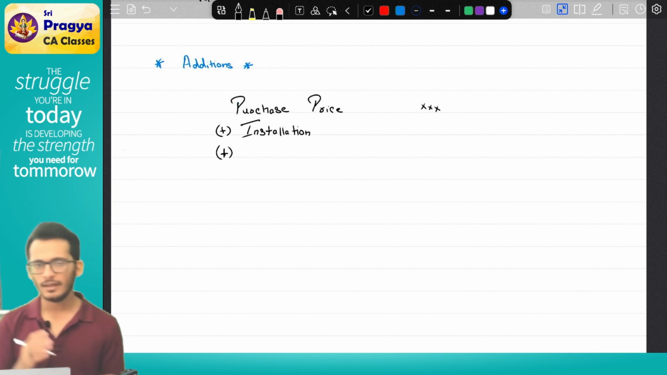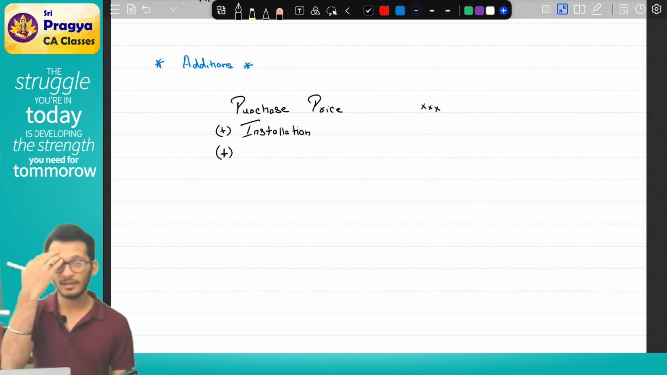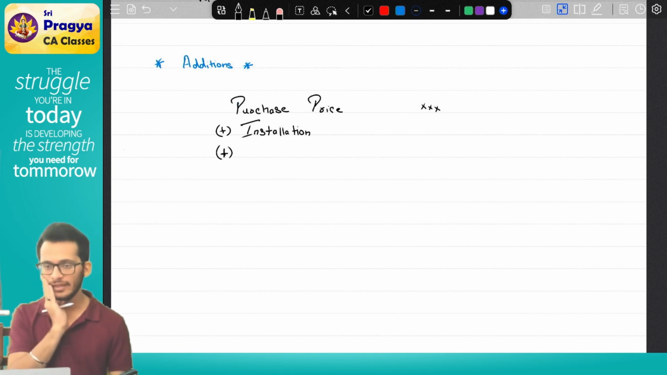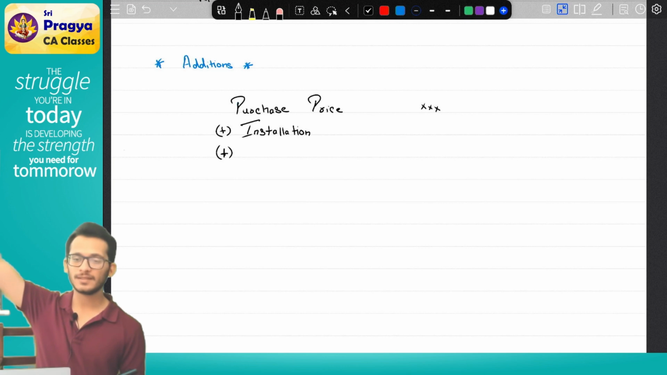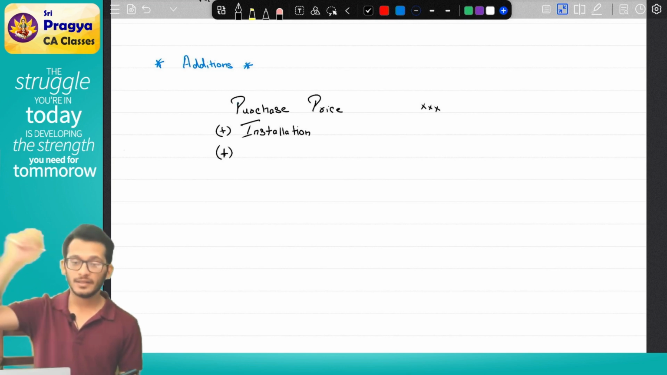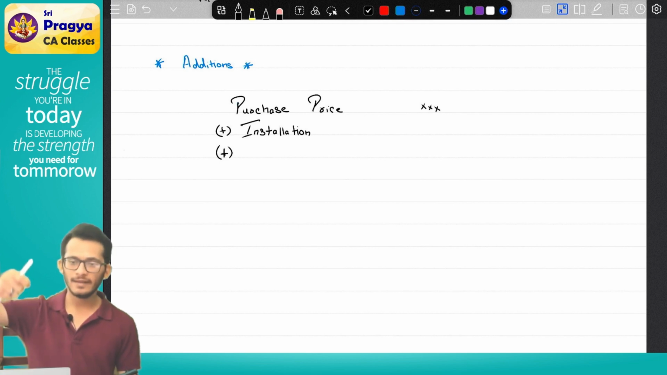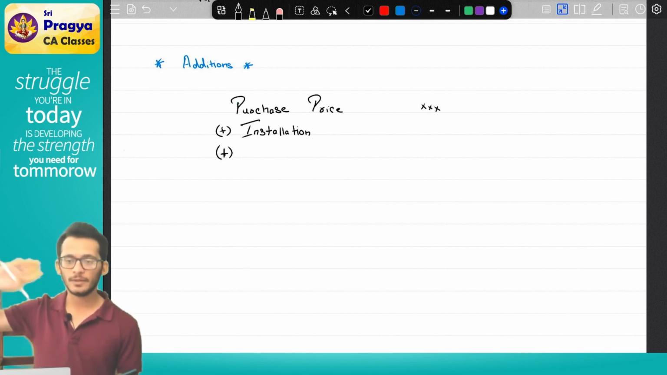Think, what else? You are planning to buy a machinery. What and all expenses will you incur? Think about it. First, you'll go to a person and buy the machinery, for which he'll give you an invoice. In the invoice, there will be two components. One component will be the price of the machine. Second component will be